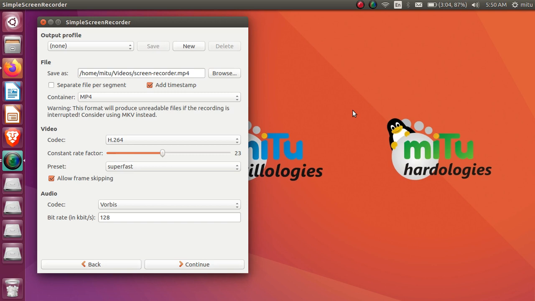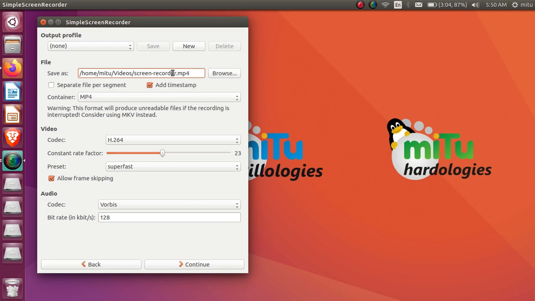This is the default file I chose. Default means every time I open my screen recorder, the same path will be there, and I only need to change the name of the file. My current path is home, Mithu, videos. In this folder I am saving my tutorial video, and its name is screenrecorder.mp4.